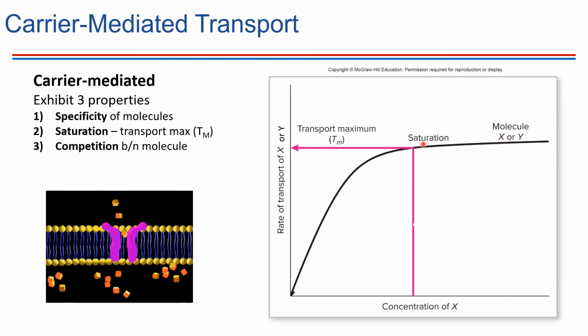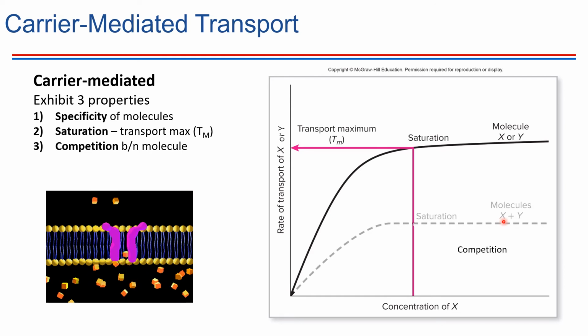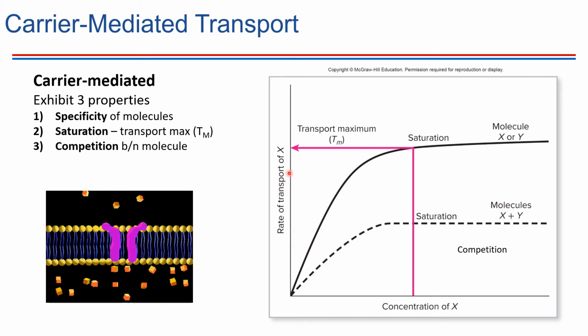Let's say that Y can go through that molecule at the same rate that X can. So it can either take X or Y, and they'll have the same saturation point. But if you combine X and Y down here on the same side, and you try and get them through at the same time, if you look at X and compare it to now,